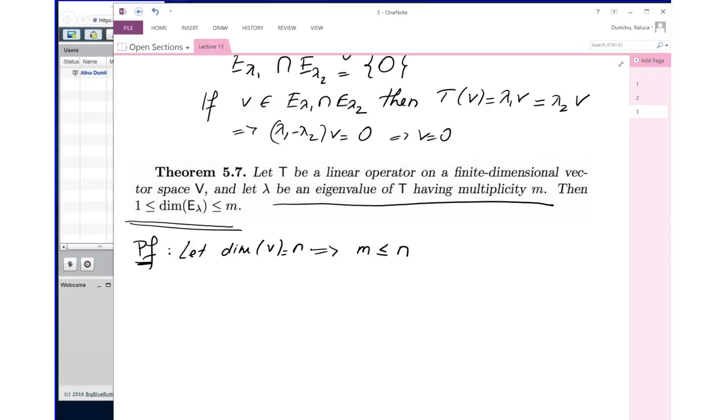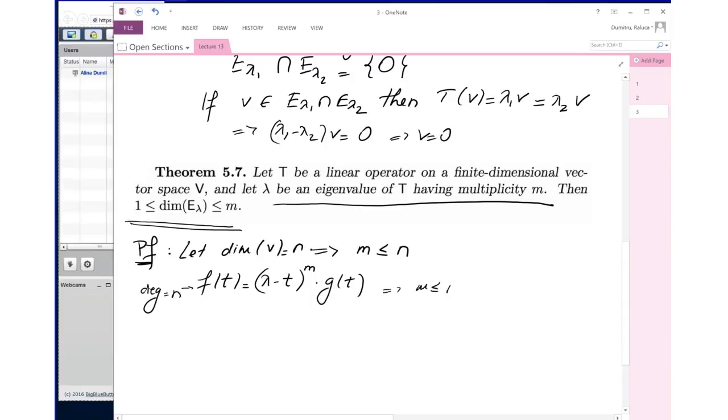That characteristic polynomial, when you factor it out, lambda is one of its zeros, right? If it has algebraic multiplicity m, that means lambda minus t to the m will show up in the factored form of the characteristic polynomial. And then maybe there is another polynomial that's multiplied by if T has more eigenvalues other than lambda, right? But f has, we said, degree n. So that power m there can never exceed the degree of f. So m is less than or equal to n. Okay, so we want to show that the dimension of E lambda cannot exceed m now,